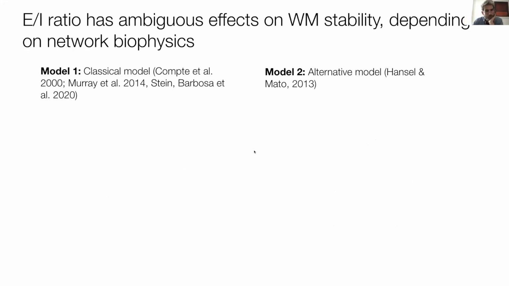To show that it's more complicated than just looking at the attractor strength, we have these two models. One is the classical model that has been used by Murray and others, and we have an alternative model, which is less popular, I would say, in computational psychiatry. I just want to say straight away that we are not saying that one or the other is more plausible. To make our point, we want to say that we could reasonably choose one or the other based on the following characteristics.